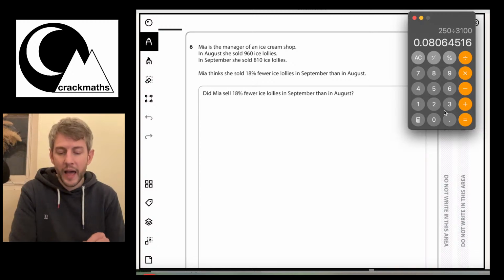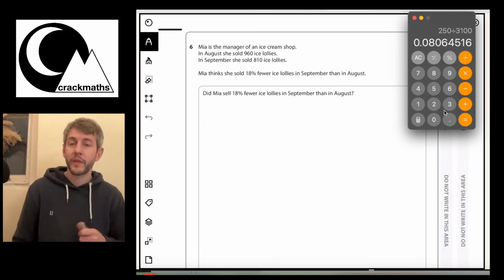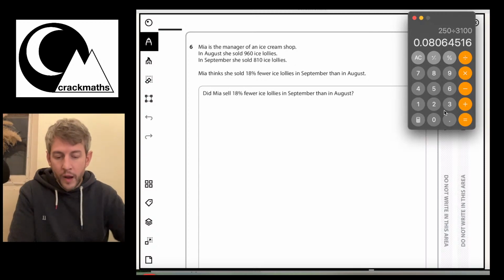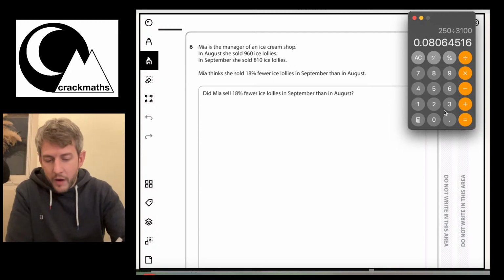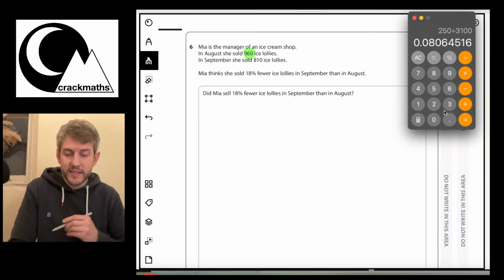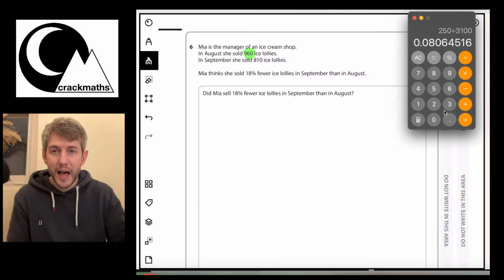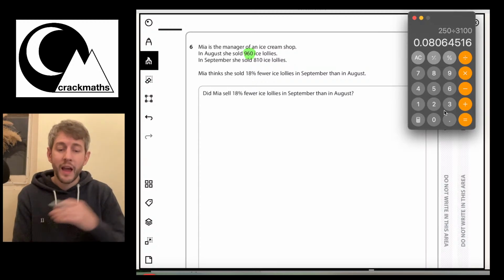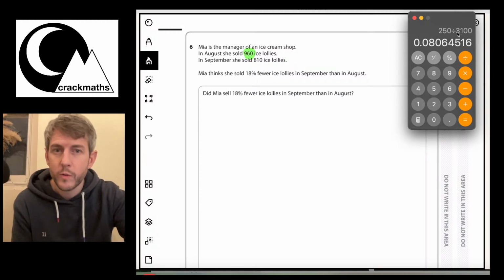Did Mia sell 18% fewer ice lollies in September than in August? Right, okay, so what it sounds like we've got to do here is, if we know that she sold 960 ice lollies in August, it seems like what we've got to do is reduce that by 18% and then compare that to the number of ice lollies she sold in